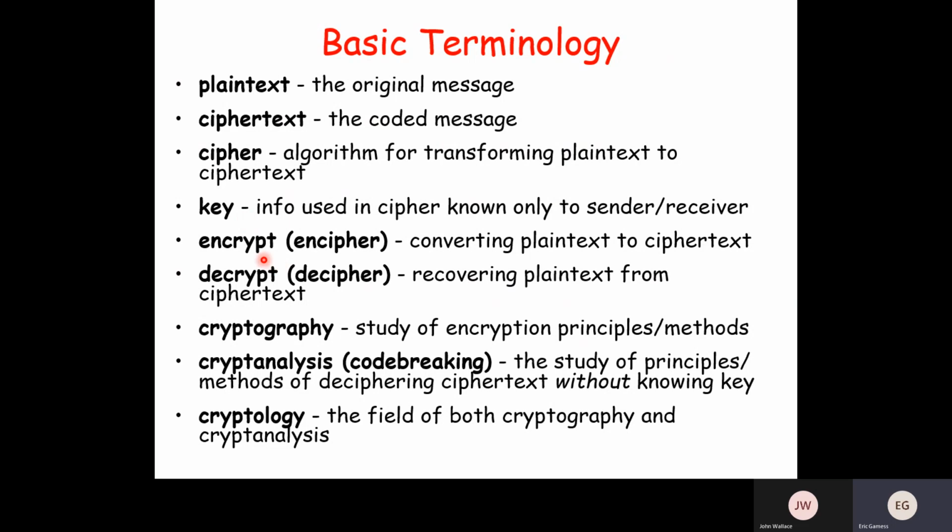Encrypt is when you use a cipher to go from the plain text to the ciphertext. So you encrypt. Another way to say encrypt is encipher. Decrypt is the reverse operation. So the recipient will receive the ciphertext and will need to go from the ciphertext to the plain text. So it will decrypt. Another way to say decrypt is decipher. Cryptography is a science where the people try to develop new algorithms, new encryption algorithms, new hash algorithms.